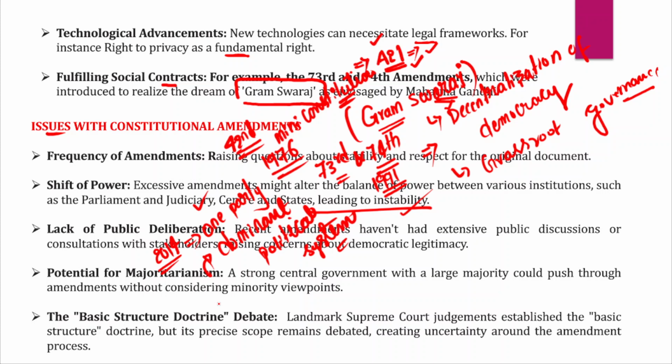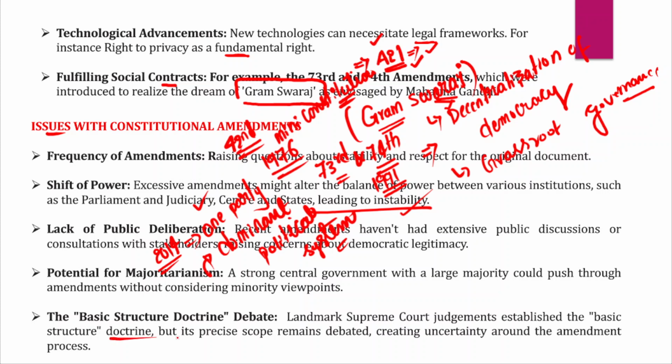And in fact, the Supreme Court has also given the basic structure doctrine in the Keshavananda Bharati judgment in the year 1973. We have discussed this as well. This is considered one of the very important and landmark judgments in the history of India, because 13 judges sat on this particular Keshavananda Bharati case. And this case has established the doctrine of the basic structure.